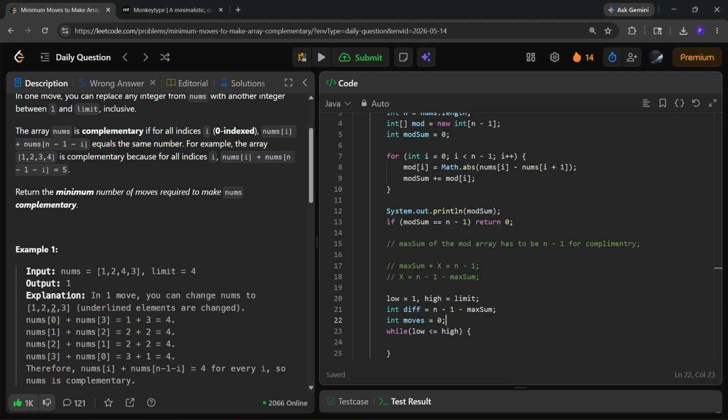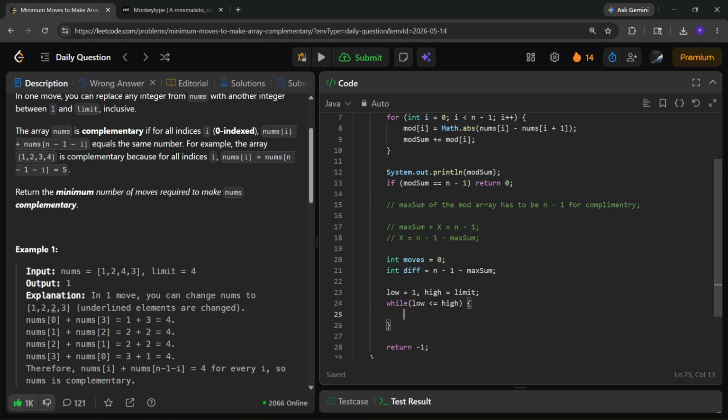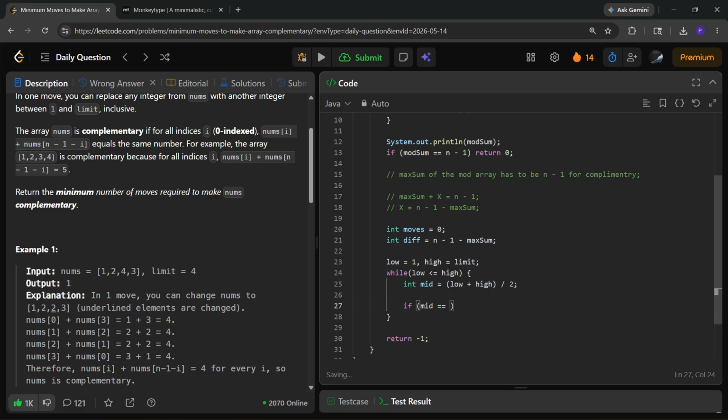And the limit shall be 0. Net is equal to low plus high divided by 2, if this net is equal to, it's less than or equal to so